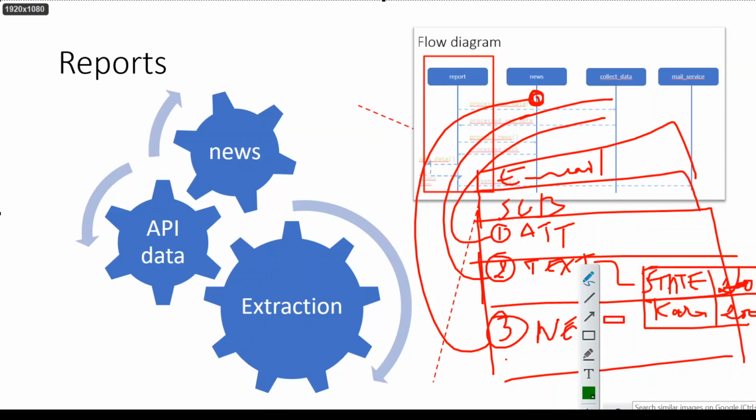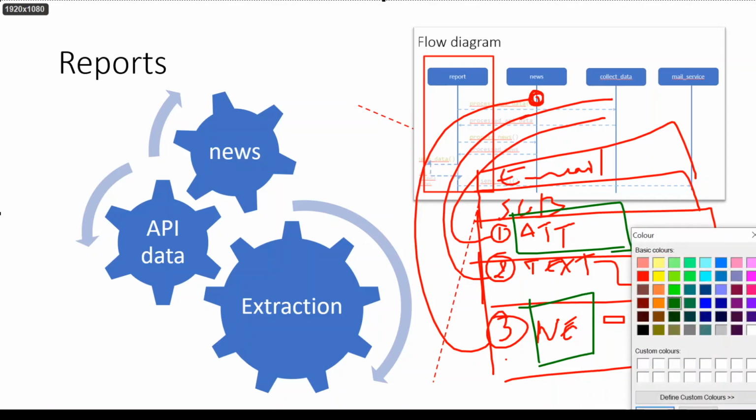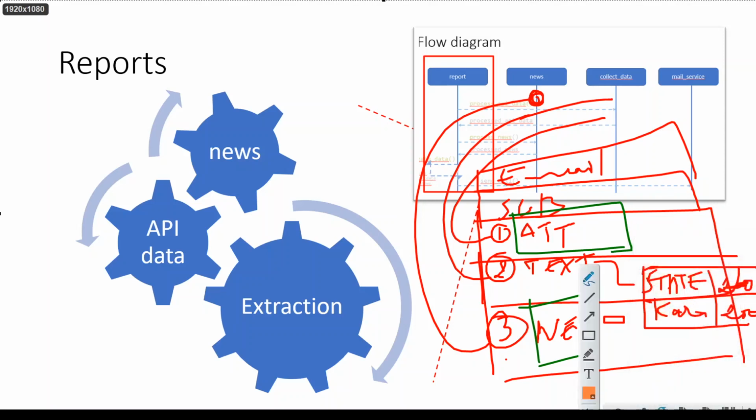The news part and the attachment part are common. This text part is specific to that particular user.